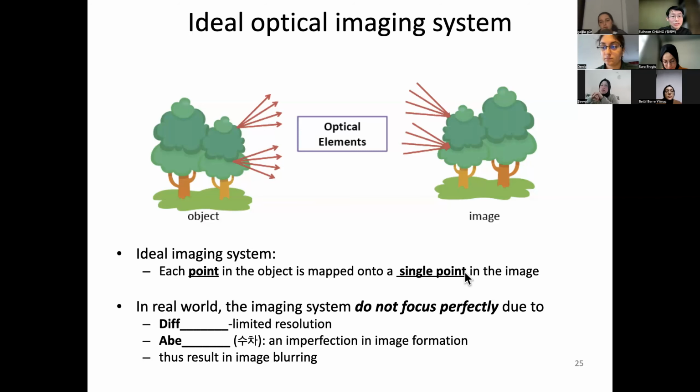But if this were really true, then we would have an infinitely good microscope. And in reality, it's not real. In the real world, imaging systems do not focus perfectly. Even your eyes do not focus perfectly. That's why you cannot see molecules and cells with your bare eyes. Why? As I pointed out at the beginning,